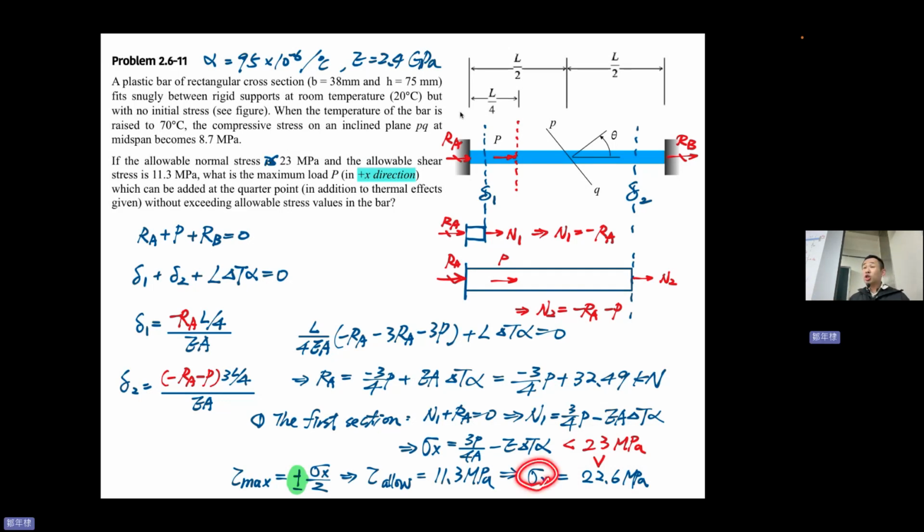Your sigma x can determine P, and then this is your answer. 总之，我们这边的 sigma x 就会有正负22.6 megapascal，对不对？然后 sigma x 又会跟 P 有关，你只要乘上它的 area 就可以了。所以我们可以得到第一段的 P，如果第一段的 P 高于那个 P